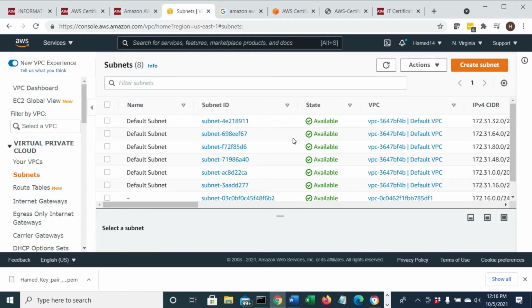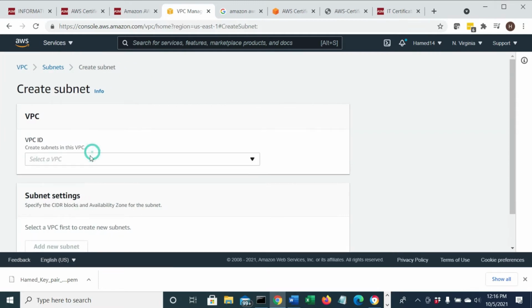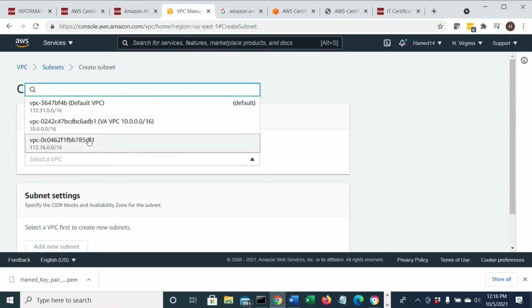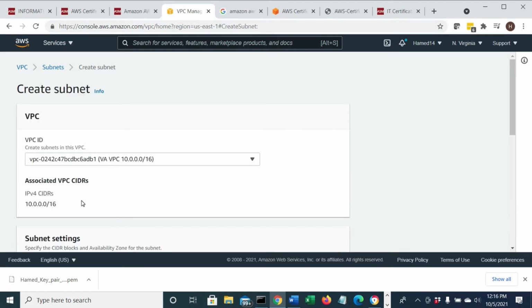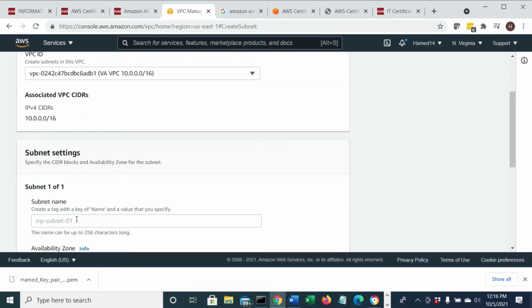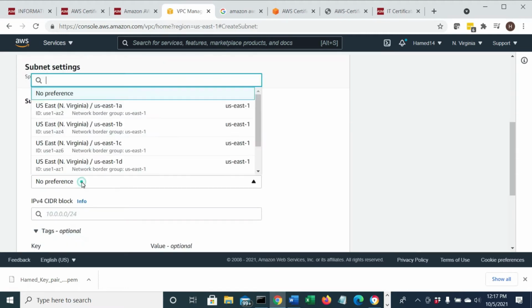I can create a custom subnet. I can say create a subnet, and you have to pick your VPC, the one I just created right here. I can create a bunch of subnets. Let's call this one public subnet, with 10.0.1.0/24, and then I can pick any availability zone.